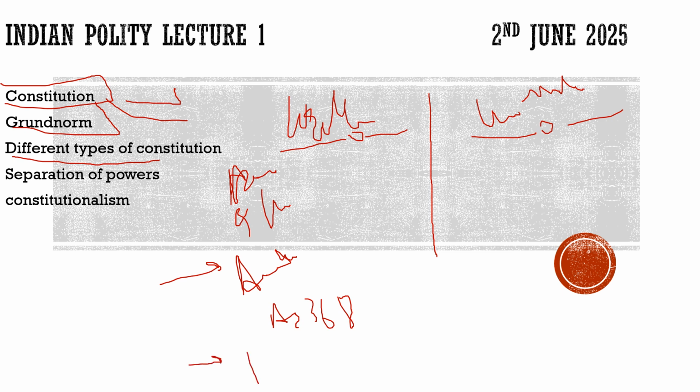So what is this rigid? Does it mean that you cannot amend it? No, it does not mean that. It means that if you have to amend it, you have to consult different authorities, different organs, and only by the consensus of all the organs can you amend it. For example, when we discuss the federal and unitary systems, we will see that in the federal system, if you have to amend anything, you need the consensus of the states also. So the written constitution becomes rigid. And who is supreme in it? It is the constitution itself that is supreme.